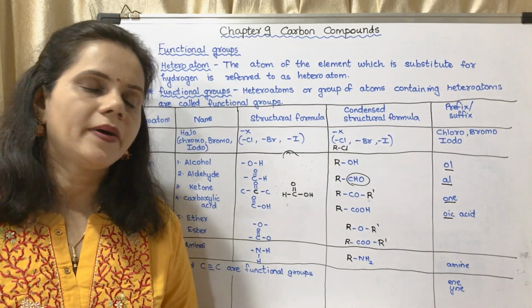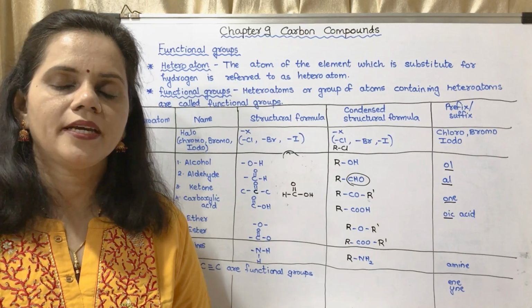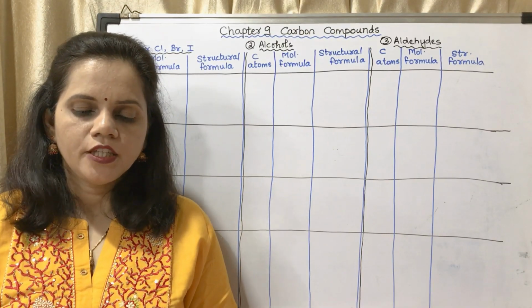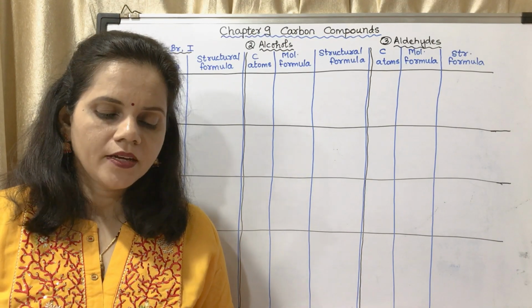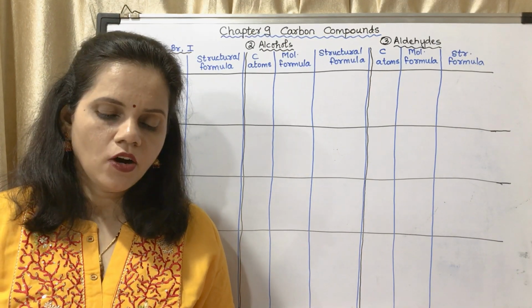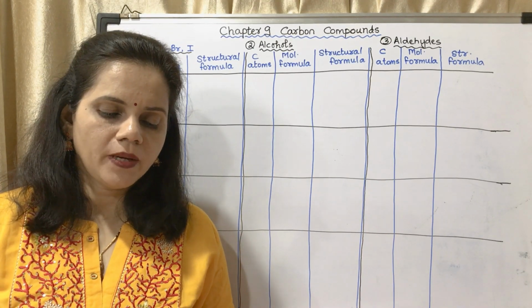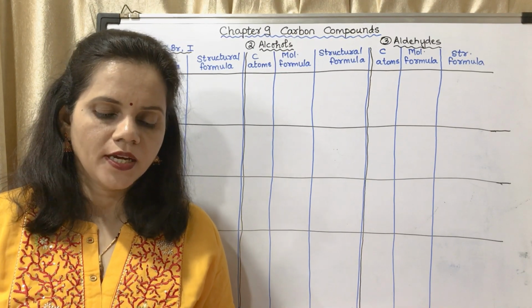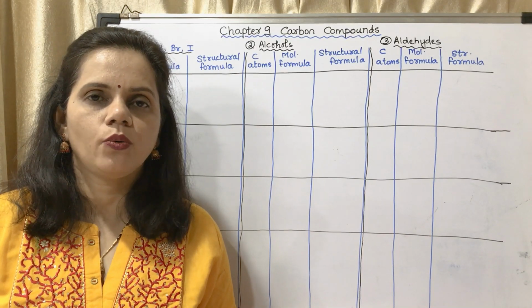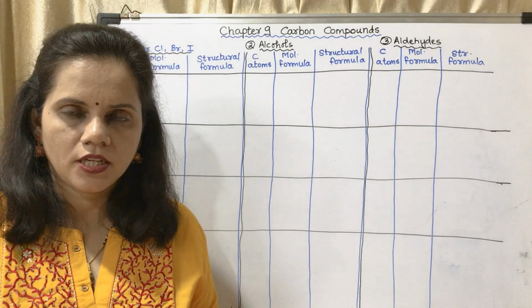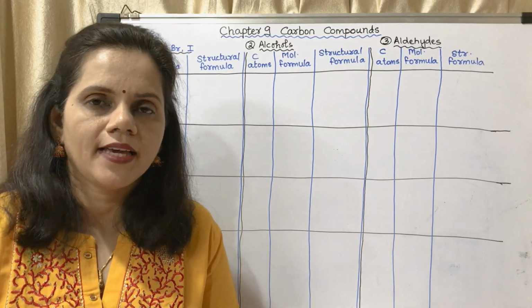Now we will see the compounds of each functional group in detail. Now on page number 120, use your brain power question. Write down structural formulae of the first 4 members of various homologous series formed by making use of functional groups in the table 9.16. So here we have studied about the functional groups. Which all functional groups we have studied?